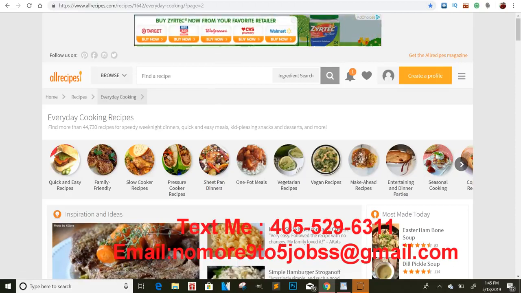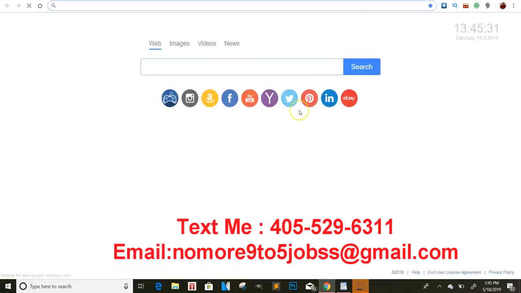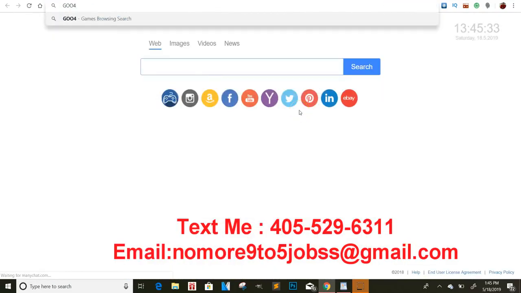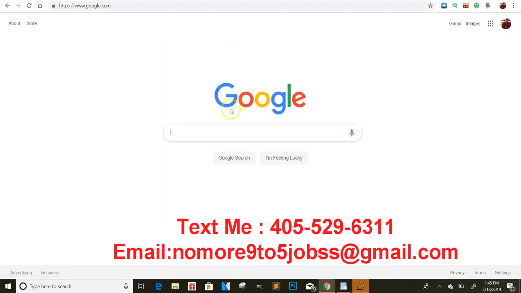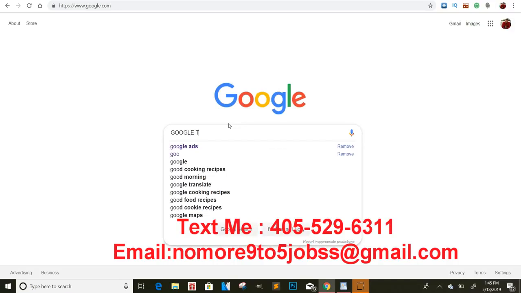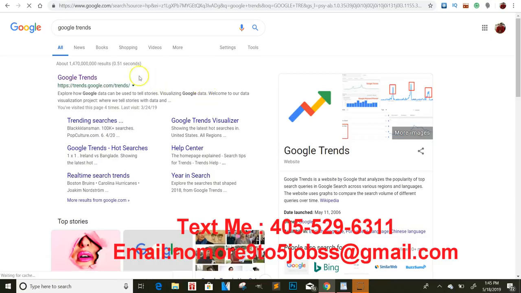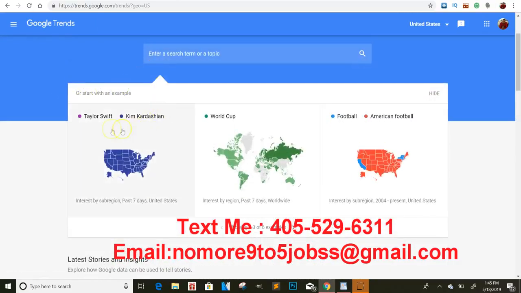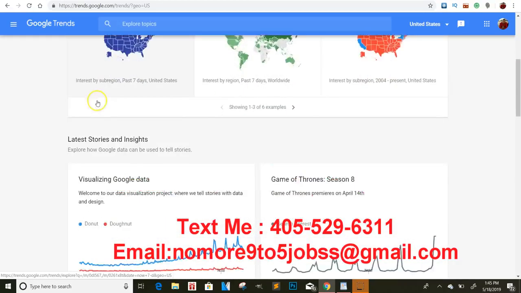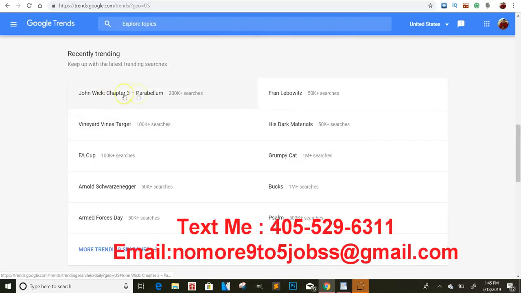And as far as the playoffs right now, guys, if playoffs is really trending, okay, if you want to really find out what's trending, of course, we know, go to googletrends.com. So I'll just type in Google Trends, and you can pretty much find out what's trending. You can go ahead and lock some content around it. All right, so you go to Google Trends, and they'll tell you right now, in the past 7 days, this is what's trending. So right now here, recently trending, John Wick.